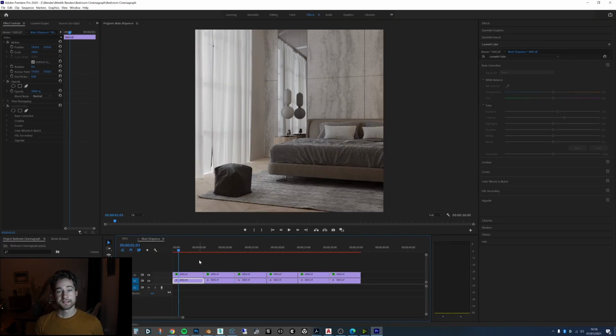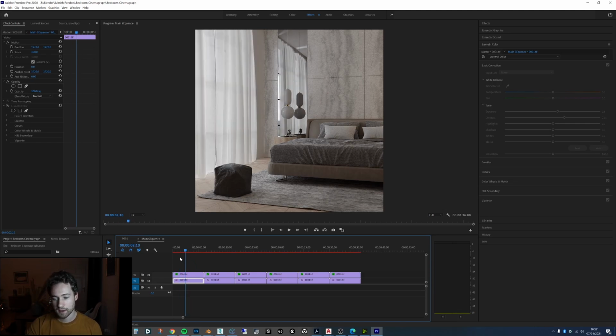So what I did next was move on to Premiere. I think you can do this in Blender, but I wasn't too sure about the masking myself, and I use Premiere. I've got it open pretty much all the time anyway, so I just dragged my individual frames in here, and then I could make the sequence. And these are just literal copy and pastes. And then on the bottom one, I just froze that.